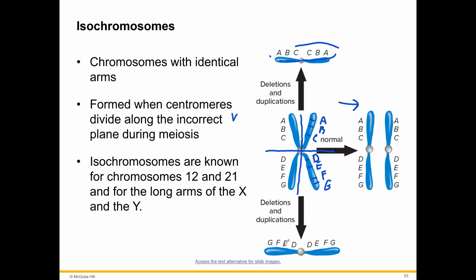And over here, we have duplication of some genes and deletion of others. So we're missing here genes A, B, and C, and over here, we're missing genes D, E, F, and G. Now, how would it be important? Well, let's imagine, just for example, that genes A, B, and C are needed for eyes to be developed. Now the person doesn't have instructions on how to develop eyes, or maybe D, E, F, and G, those genes